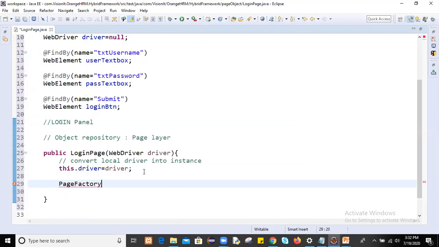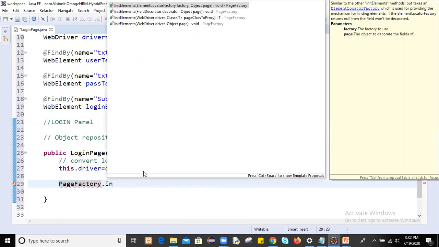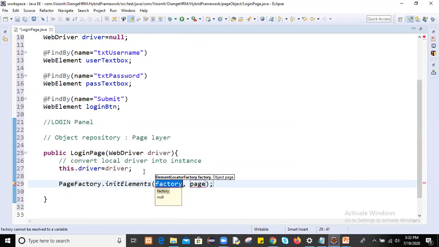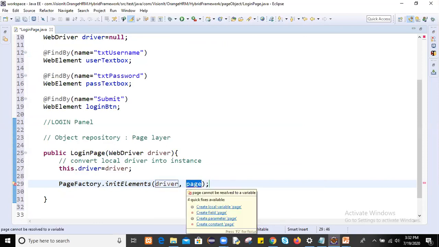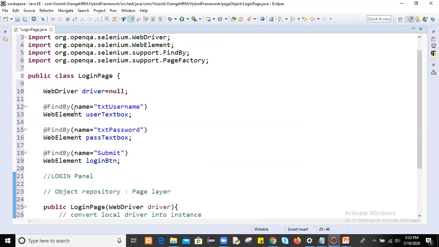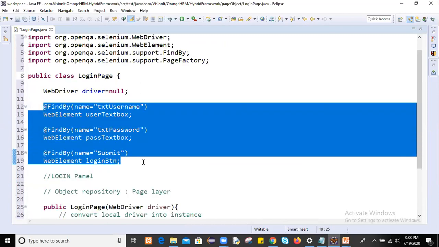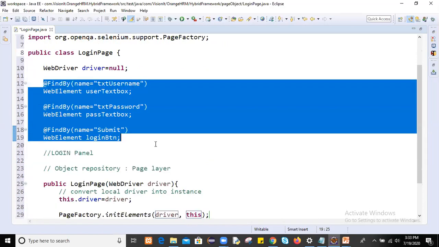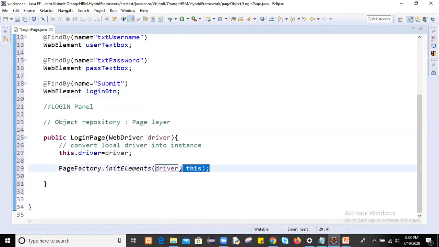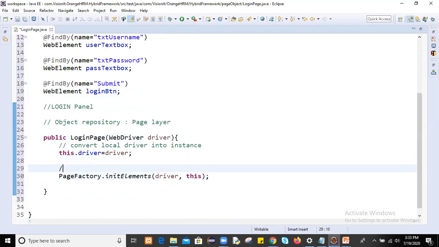This PageFactory class has a static method, initElements, which will help us initialize all these objects. It takes a driver as an argument, and second, which class object you are going to initialize. The current class page objects we are going to initialize, so I will use this, and whatever driver we are going to take, we use driver. So this will initialize all page objects.